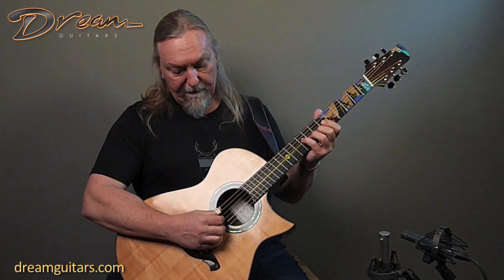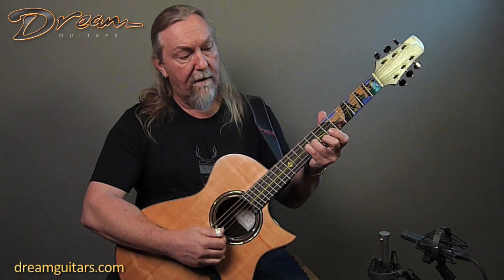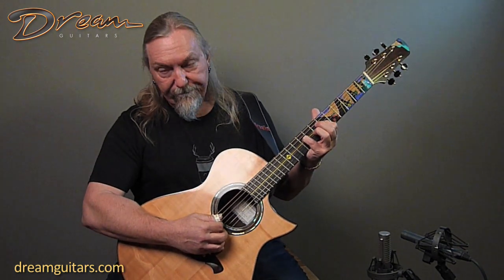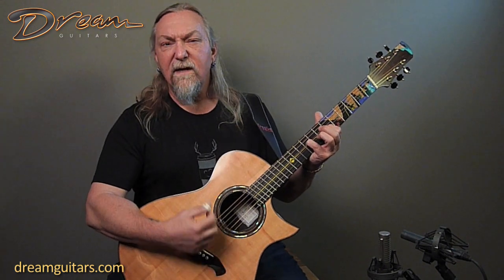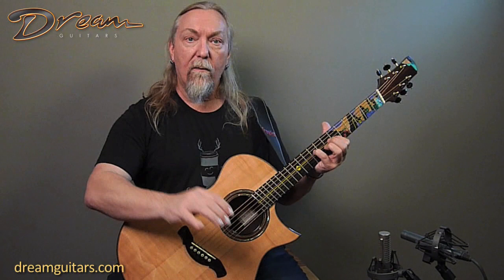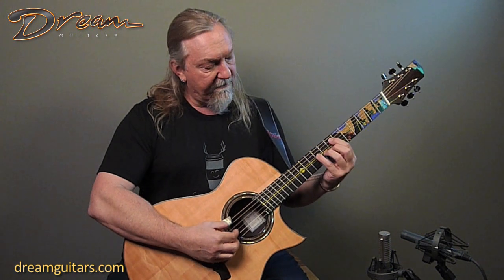So the A chord, and I'll go over this again, is just this. And then I hit this little 4th string one more time, because I'm listening in my head for the melody, sort of what I want it to do. So just those 2 chords, which are the hardest part of the song, and it's again not very difficult. The E major 7,